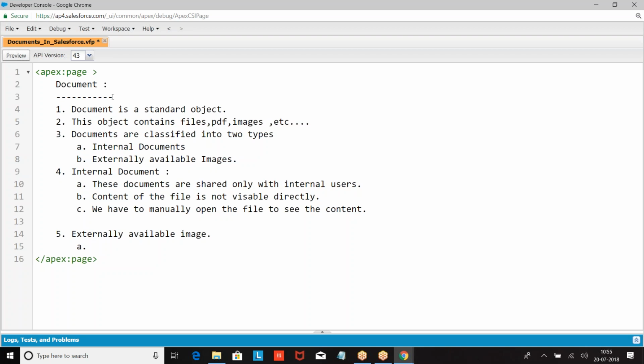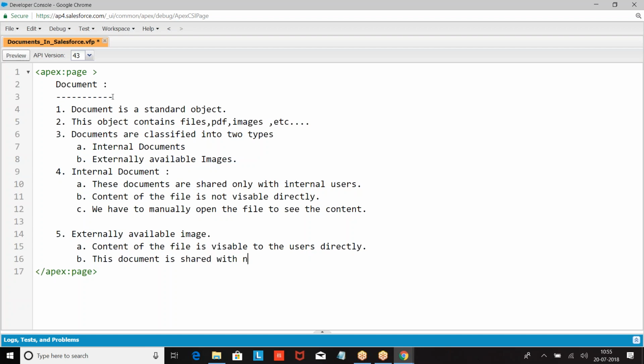It is shared with both internal users and external users. This document is visible and shared with internal users and external users.